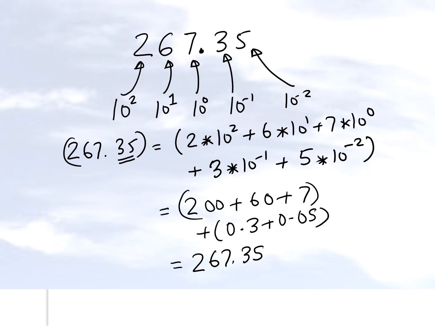So the binary system is not any different. The only difference is that the base is different. The base is only 2. So the only numbers you can have are zeros and ones so far as the digits are concerned. In base 10, the digits we can have are any number from 0 through 9. We have 10 different digits. But for binary, it will be base 2, so we can have only 2 digits in it, and those 2 digits are 0 and 1. Let's go and see what that means.